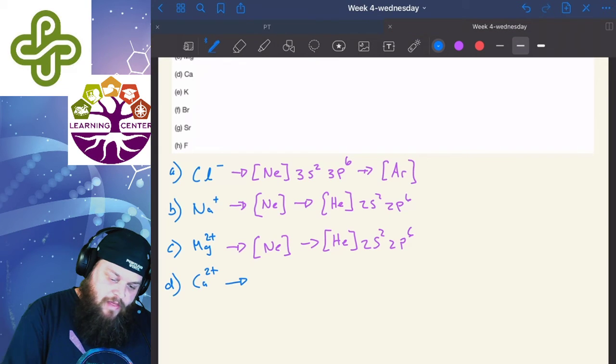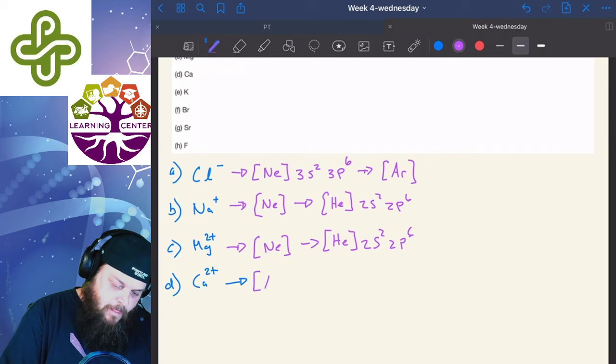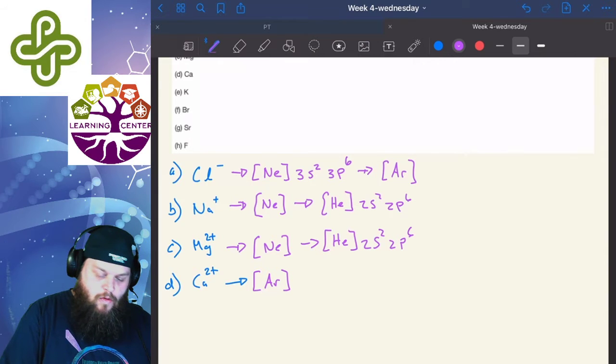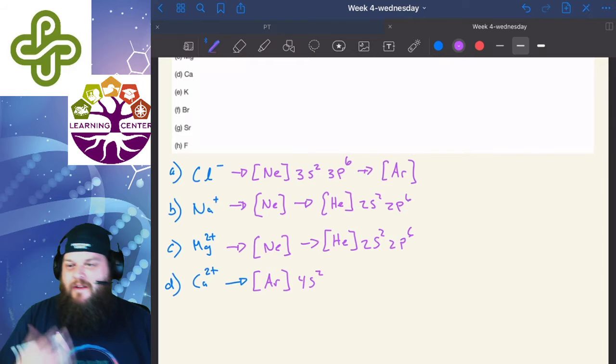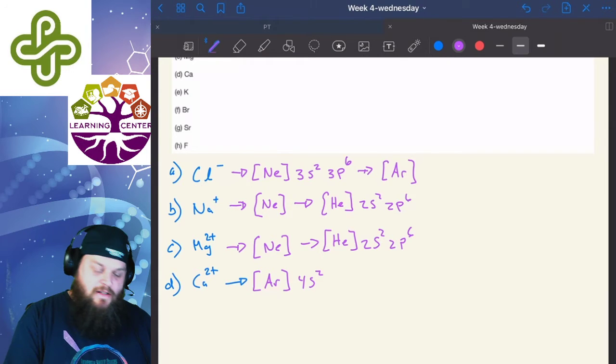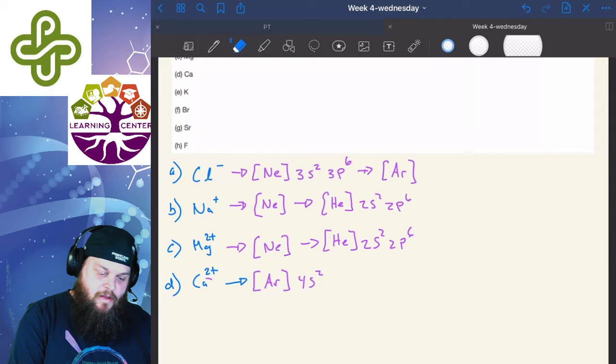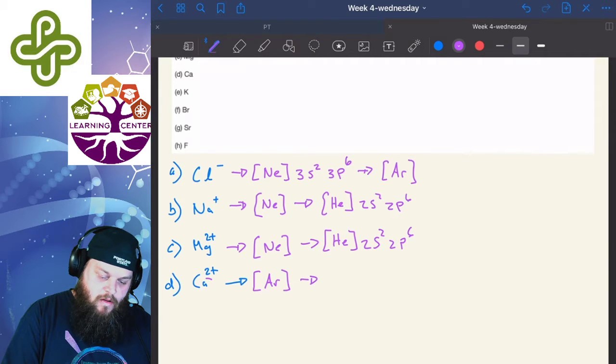So we can write that as an argon core, and normally it would have 4s2, since we're on the 4s now. But it's lost both of those electrons to become 2+. It's really got the same as the argon core, which is really a neon core,